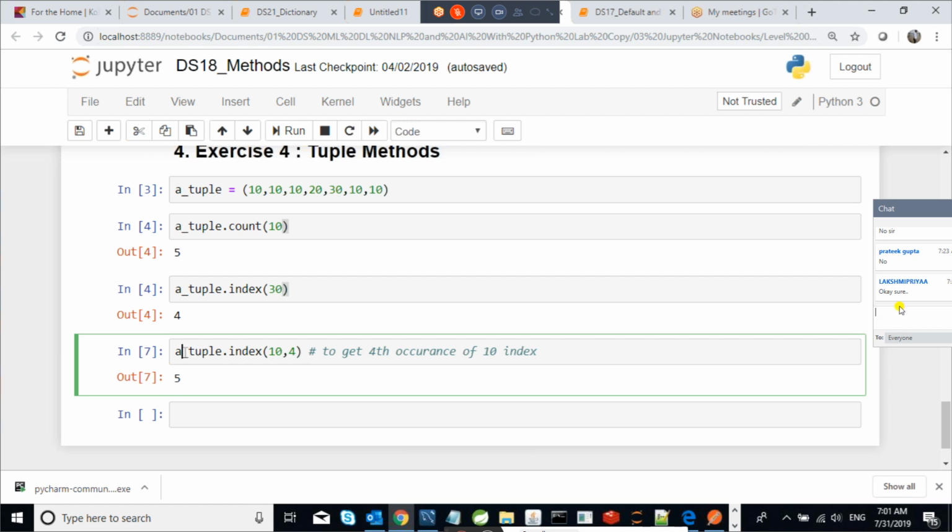Anyone have doubts? A little bit. You can see here, this is our tuple. This is 0, then 1, then 2, then 3, then 4, then 5. I want to know